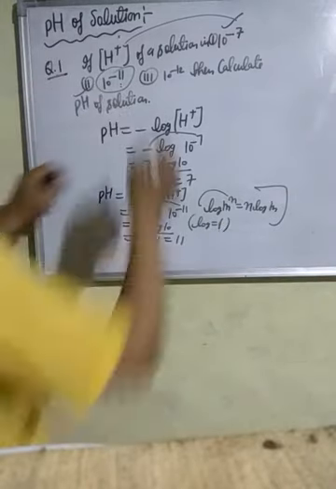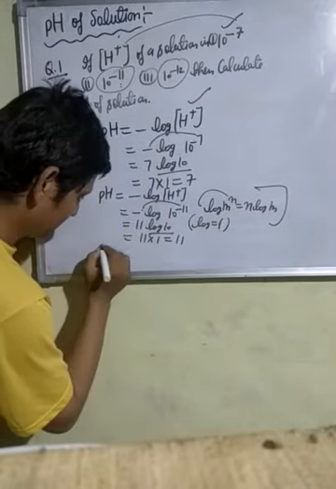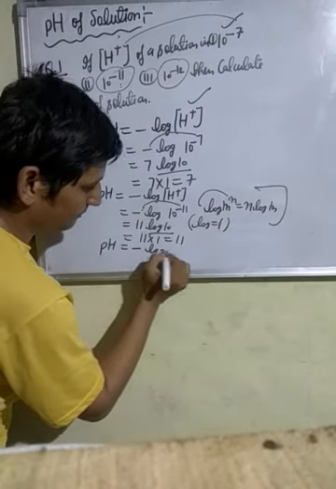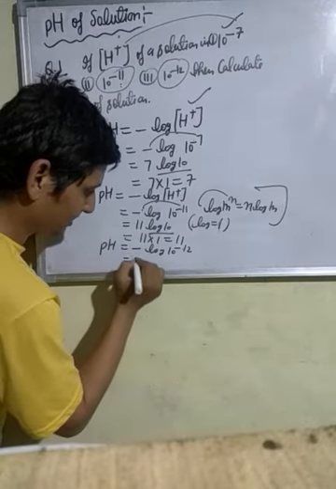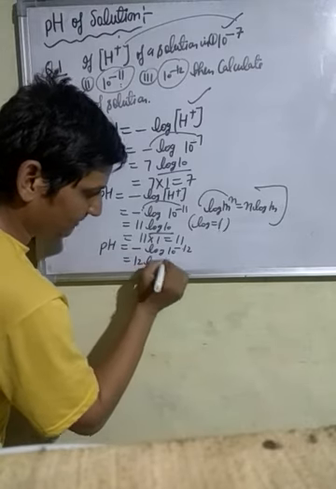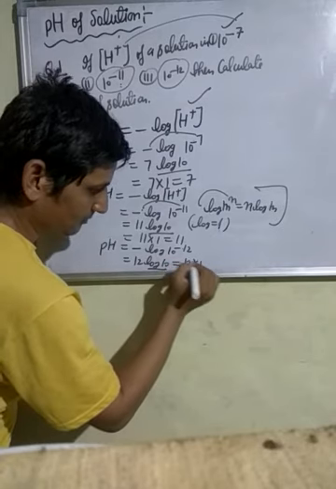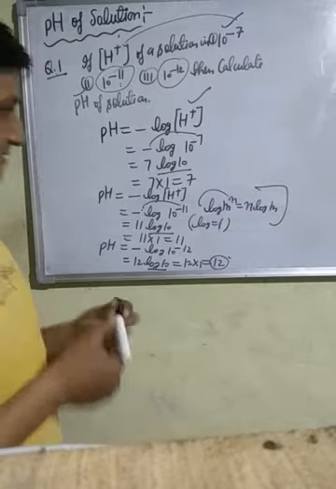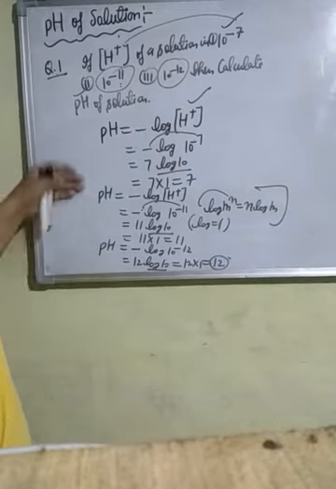After this, next is 10 to the power minus 12. In the place of hydrogen ion put 10 to the power minus 12. pH is equal to minus log 10 to the power minus 12. Minus 12 into minus 1, minus minus plus 12 log 10. In the place of log 10 we can write 1. We get 12. Okay students. After this I am telling you another thing. These are the important numericals. If you have any problem then write it in the comment box.